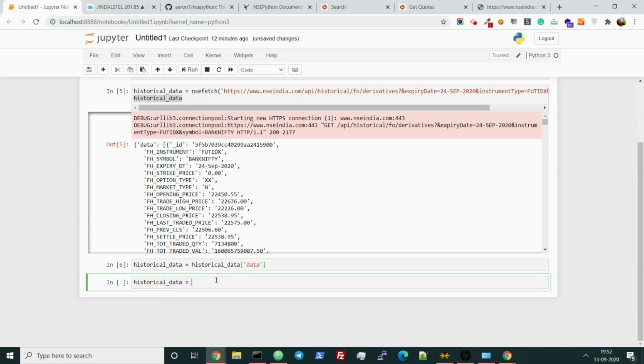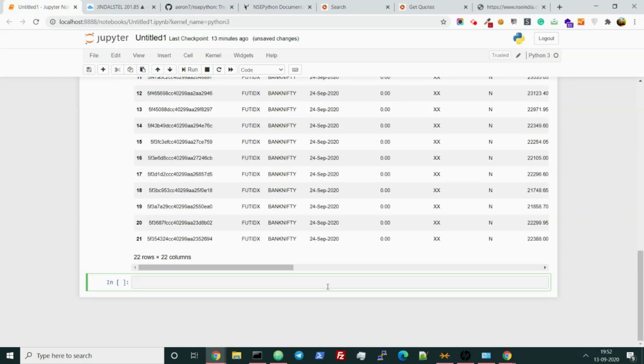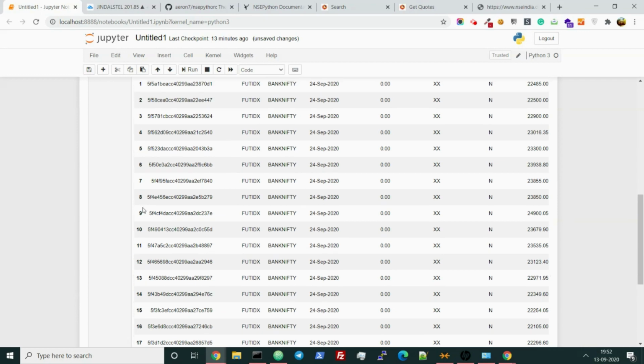Historical data equals pd.DataFrame of historical data, correct? And let's just print this also. Yeah, it is coming perfectly.